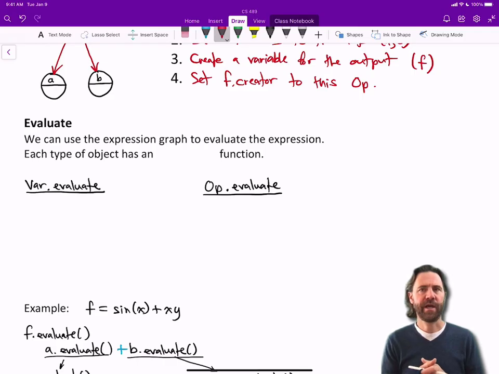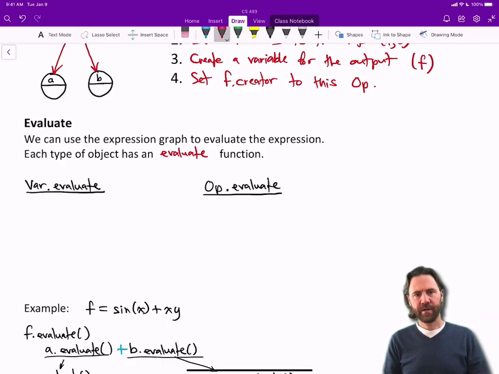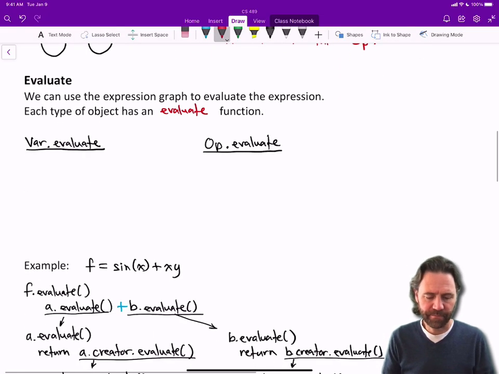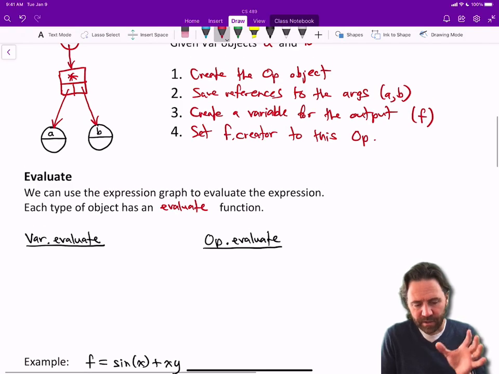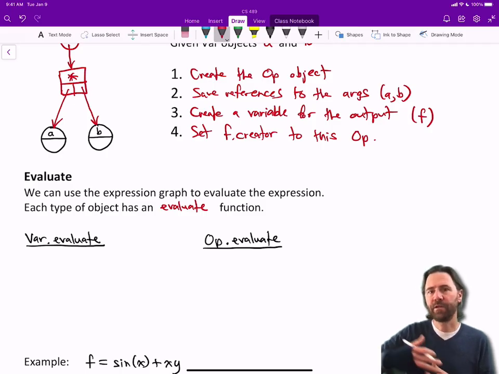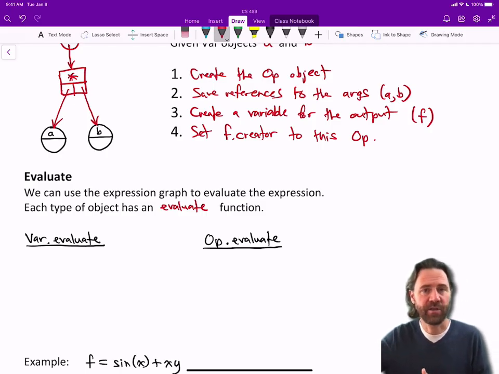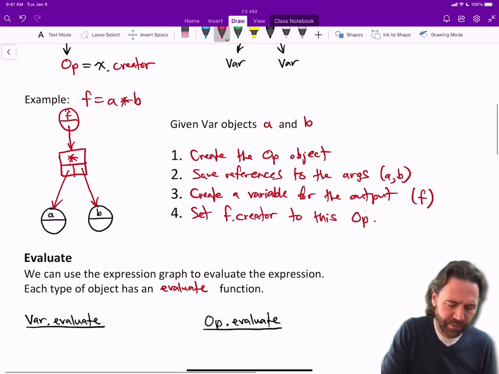Each type of object has an evaluate function. So for the variables, the evaluate function has to make a decision. Either it returns its own value, or if it was created by something else, it basically passes the buck down to the thing that created it. So for example, in this expression here,